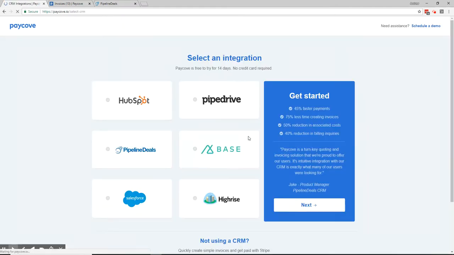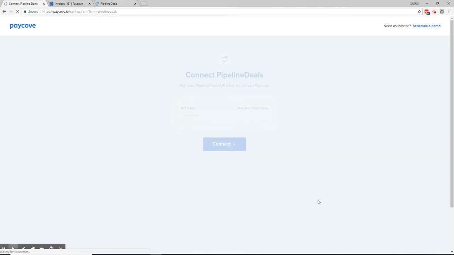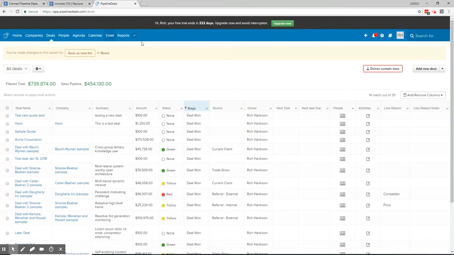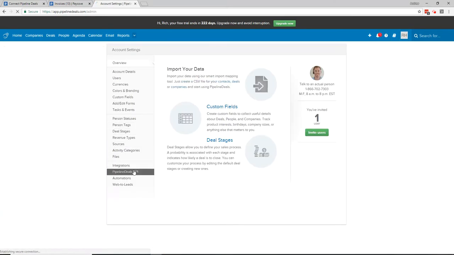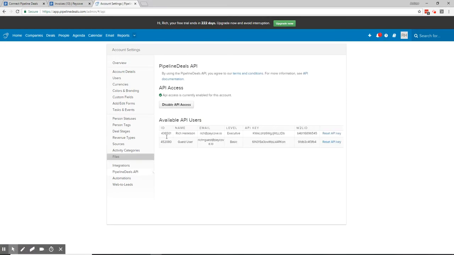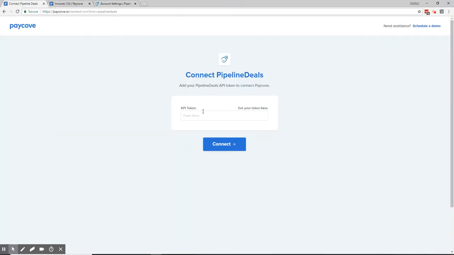Simply sign up for a free trial or an account here and click PipelineDeals from the integration tab. Once you get to this screen, you're going to need your API token from PipelineDeals. To get that, simply go to your settings bar in PipelineDeals. Under account settings, you can see that you have a PipelineDeals API, and you can see an API key listed there. Copy and paste that key back into Paycove, and once that happens, you'll be able to actually see a